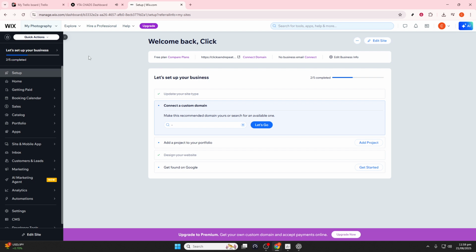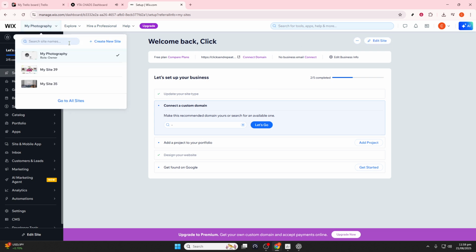If you haven't already done so, log in using your account credentials. The straightforward process gets you through the digital doors and sets the stage for your site creation journey. Once logged in, click on Create New Site. This action takes you to the heart of Wix's site building capabilities, allowing you to watch your creative ideas come